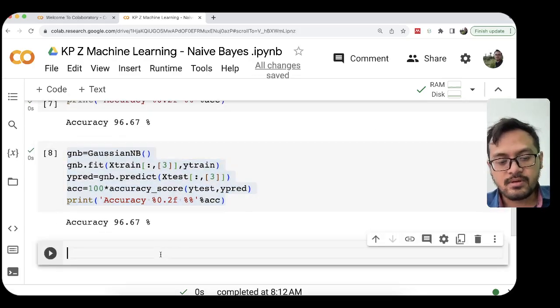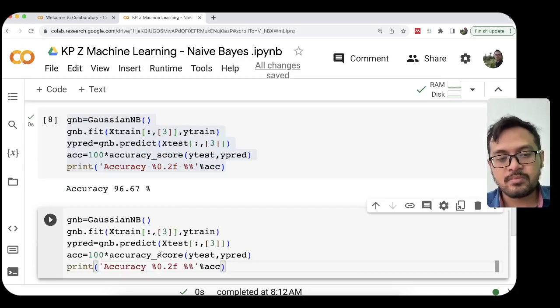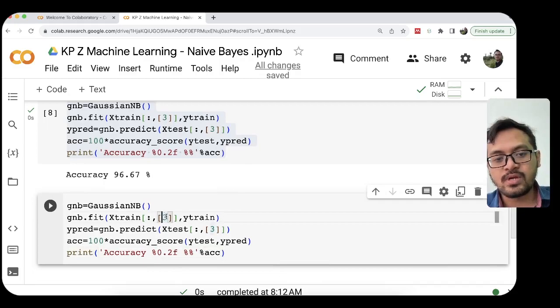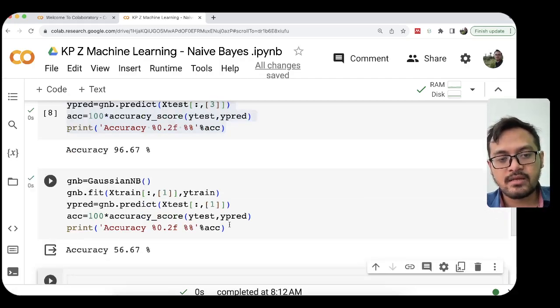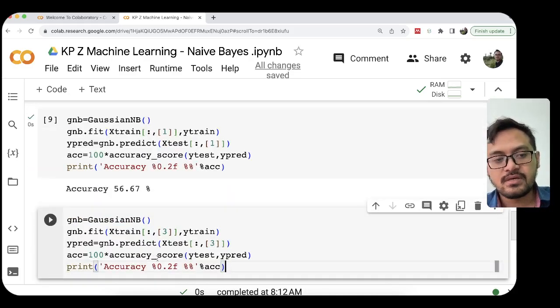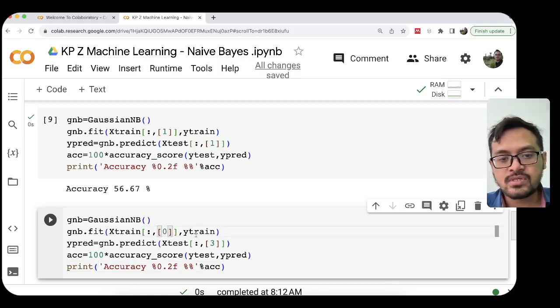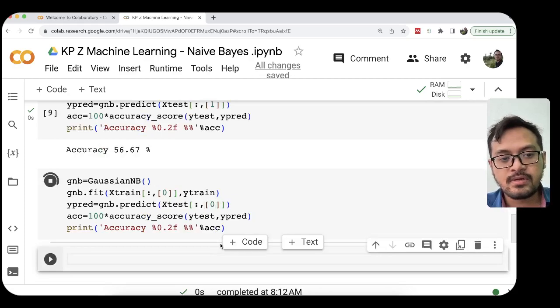You can experiment yourself to see which feature gives the highest accuracy. For example, here I use only sepal length and sepal width, and it only gets 56 percent accuracy. And if we only use sepal length, it will be